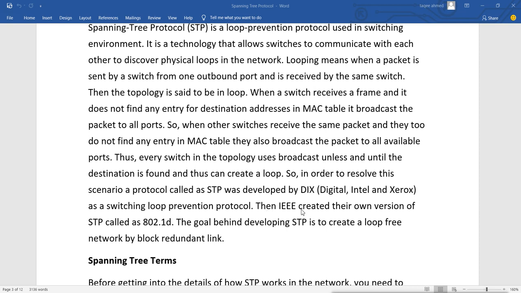Then IEEE created their own version of STP called 802.1D. This is the IEEE standard for spanning tree protocol. The goal behind developing STP is to create a loop-free network by blocking the redundant link. Very simple: by blocking the redundant link, you avoid the loop.